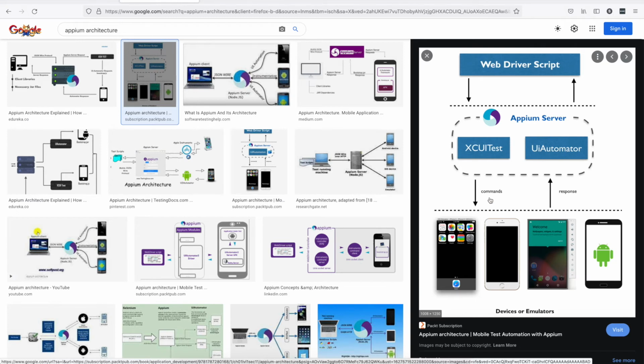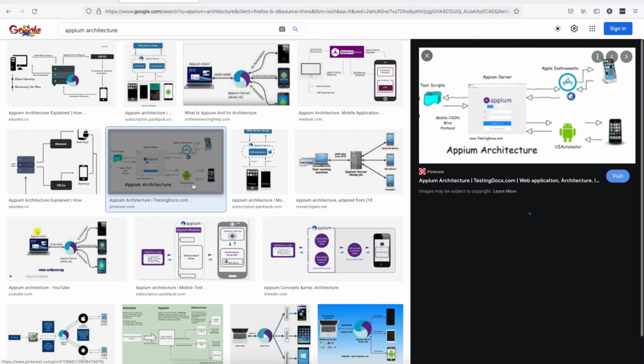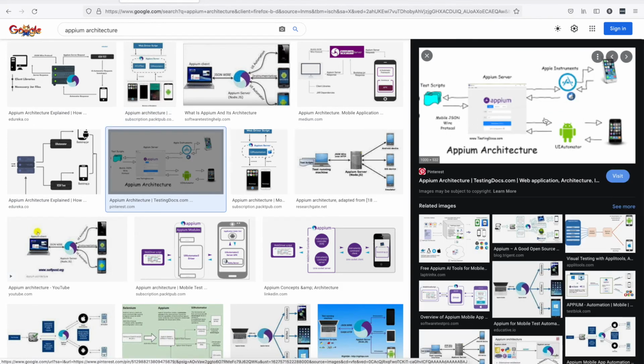So if any command is sent through executors, then you get a response, and then it is executed on the APM server. So this is how APM works. If we see here, it is showing a test script.